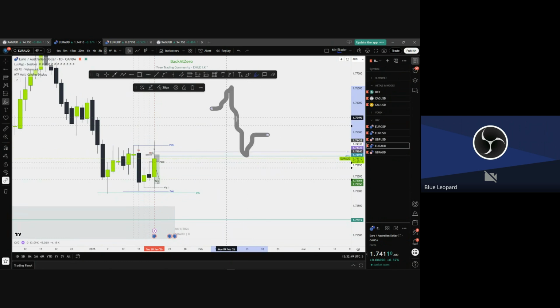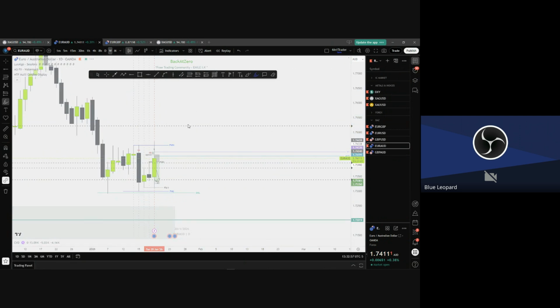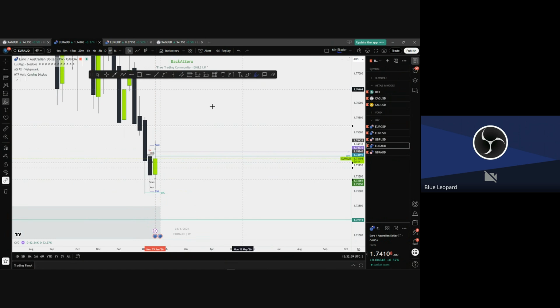Why? Because I need to see a wick formed, then the body, and then the last wick. Okay? And all this is explained because I have a bearish wick before, and this is the wick we are in right now. So we are creating the wick, and then we can drop and go lower. That's what I'm expecting to see on Euro AUD.